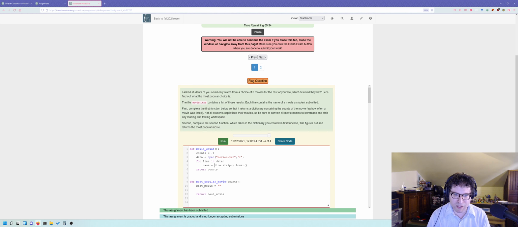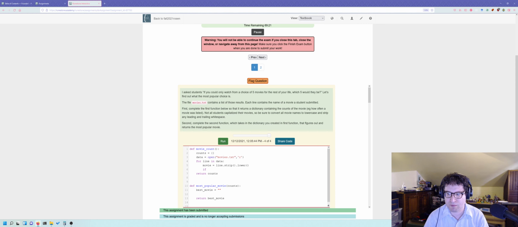Or we can call it the movie, actually, because each line is a movie. And again, always thinking about what your variables are and changing the variable names accordingly really helps with understanding this. So if movie in counts. Actually, let's change that. If movie not in counts. If we've not seen this movie before, counts of the movie